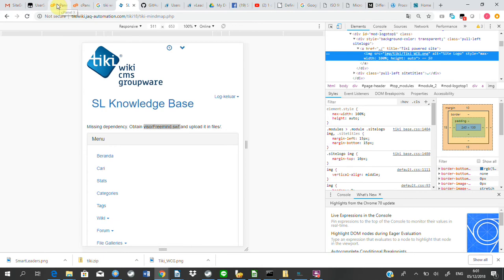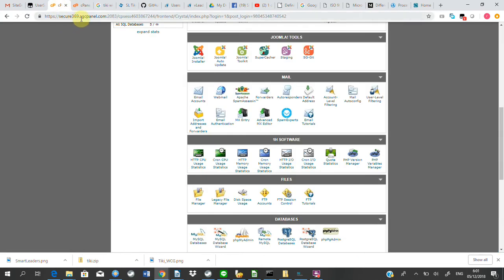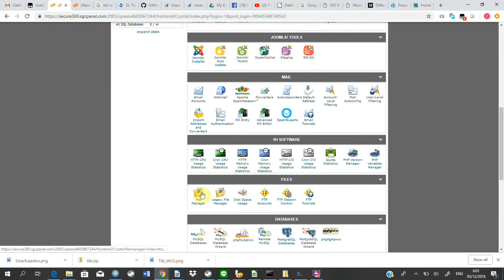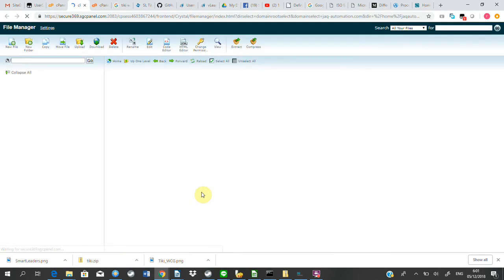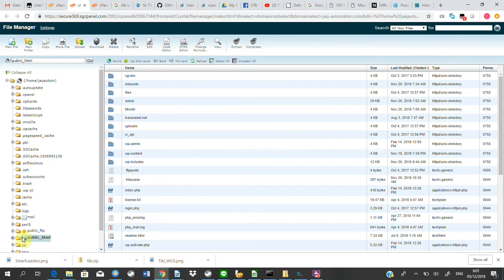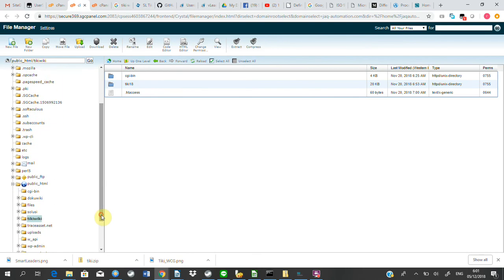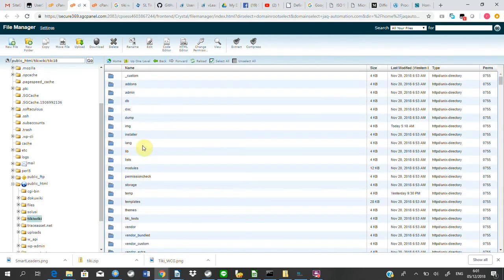Okay, so I would log into cPanel, which is the cPanel of the website. This website is JQ Automation. So I just go to cPanel and then click the file manager, and then I go to public HTML, and then I know this is the tiki wiki. This is the tiki wiki directory and tiki 18, and then